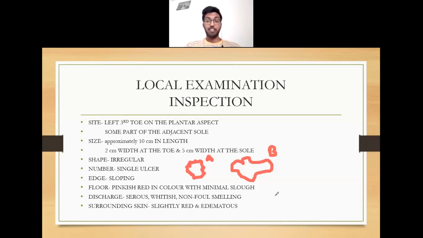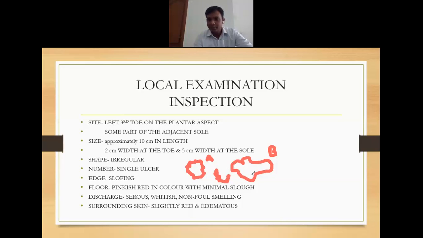I wanted to draw the attention to the A. Suppose you see the A ulcer. Though it is more of circular, the edges I have made it more irregular. See, in B, the shape is irregular, but the edges are regular. Why is it written here? B is an irregular ulcer. A is a regular ulcer with irregular margins.